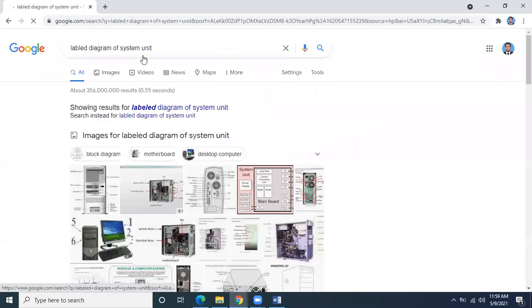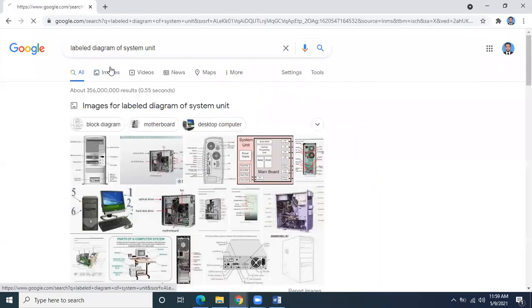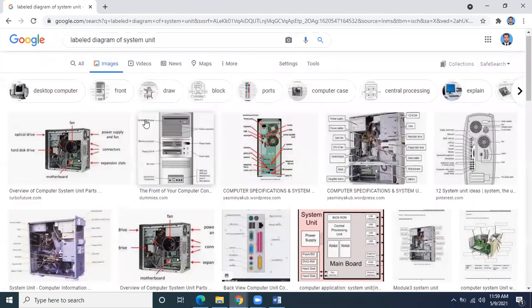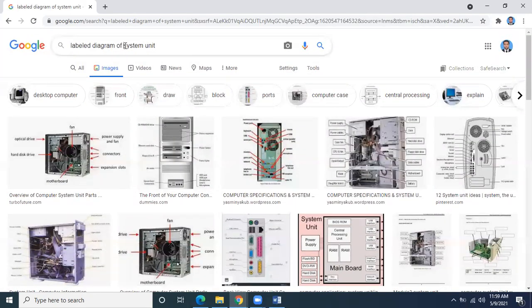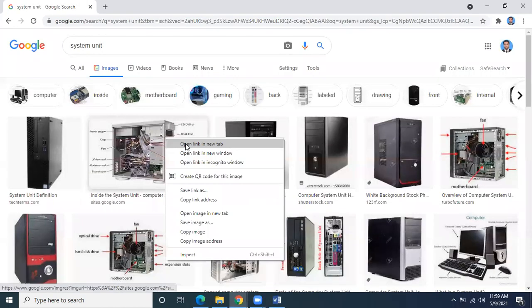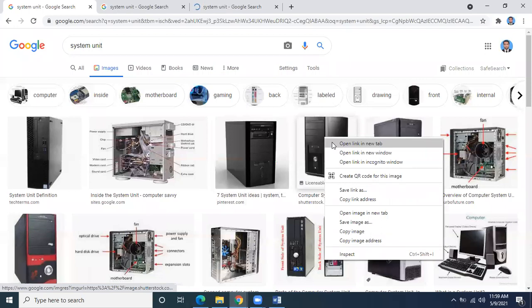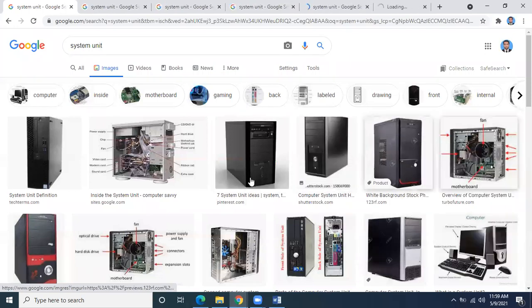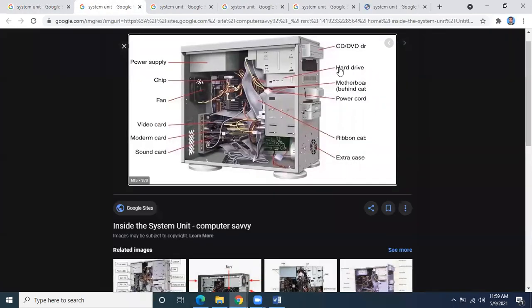You will be able to see over here that this is basically the box of the computer system, inside which all the devices are there. Motherboard will be there inside, DVD-ROM will be attached with it, hard drive inside with it. So it contains all the devices. Power supply will be there.